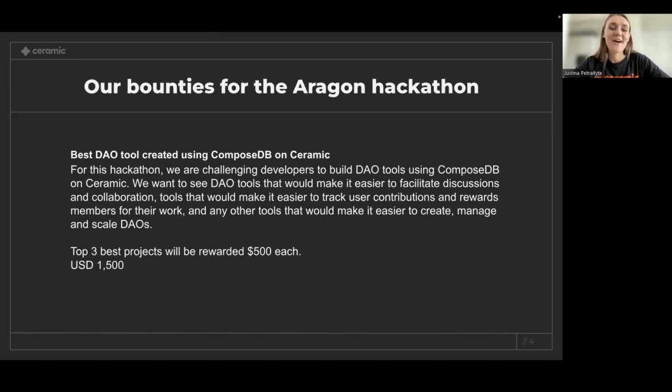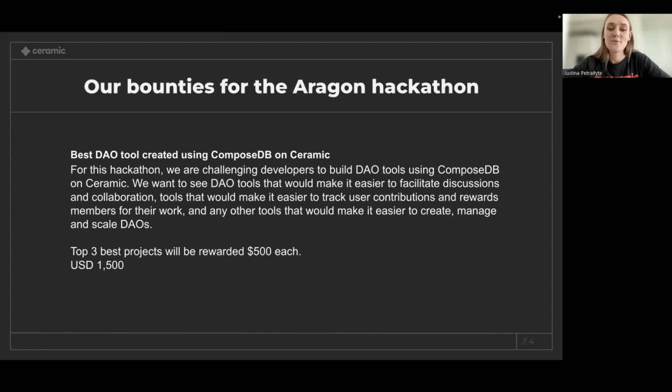So very quickly about our bounties. Our team wanted to incentivize hackers to build DAO tools using ComposeDB on Ceramic. We don't have any specific requirements for what kind of tooling it has to be. We just want to see developers utilizing ComposeDB on Ceramic. That is our core requirement, that it has to be ComposeDB that is used in their projects.